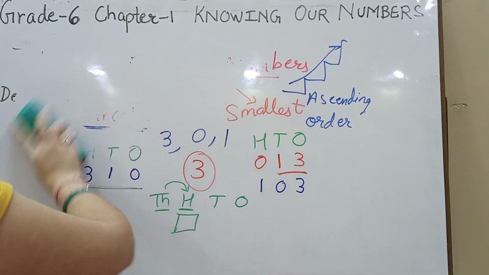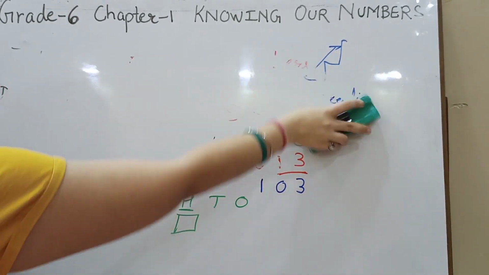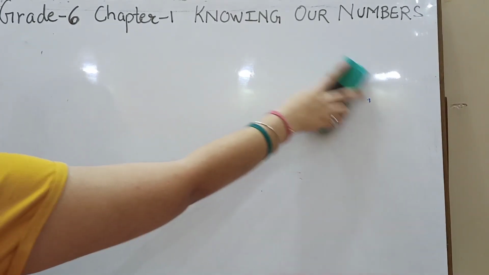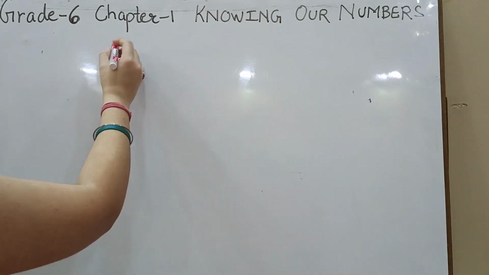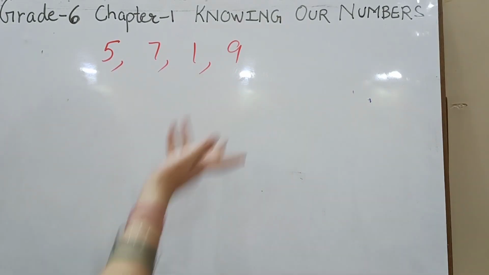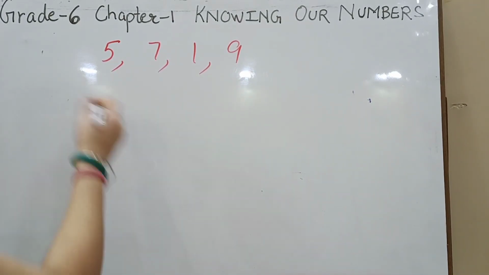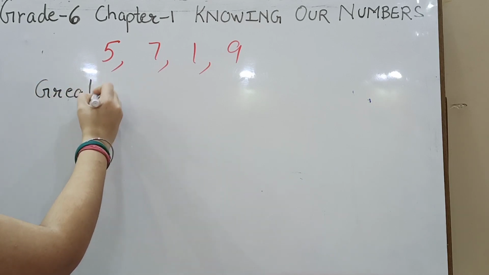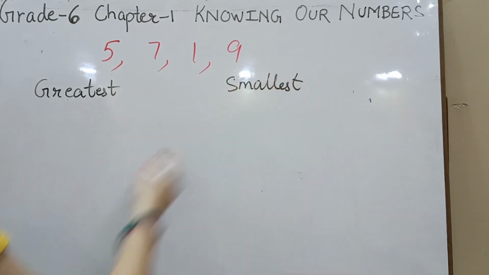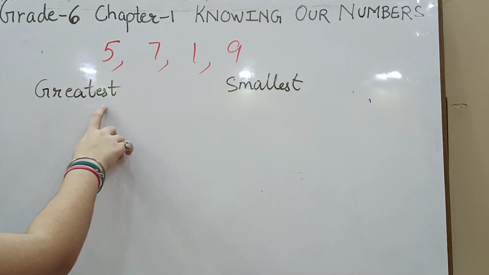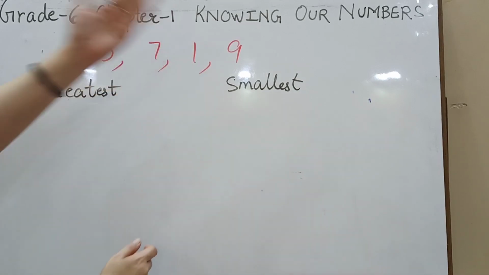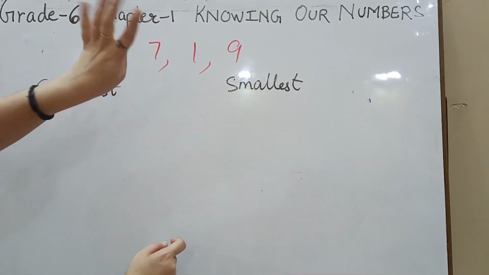If I have given you a few digits, let's say 4 digits, 5, 7, 1, 9. They are random 4-digit numbers. I have asked you to create the greatest and the smallest number out of it. For greatest, greatest means सबसे बड़ा. तो सबसे बड़े के लिए हम सबसे पहले इन given digits में से सबसे बड़ा नंबर लेंगे. तो उससे पहले अब आपको 4 digit नंबर बनाना है.